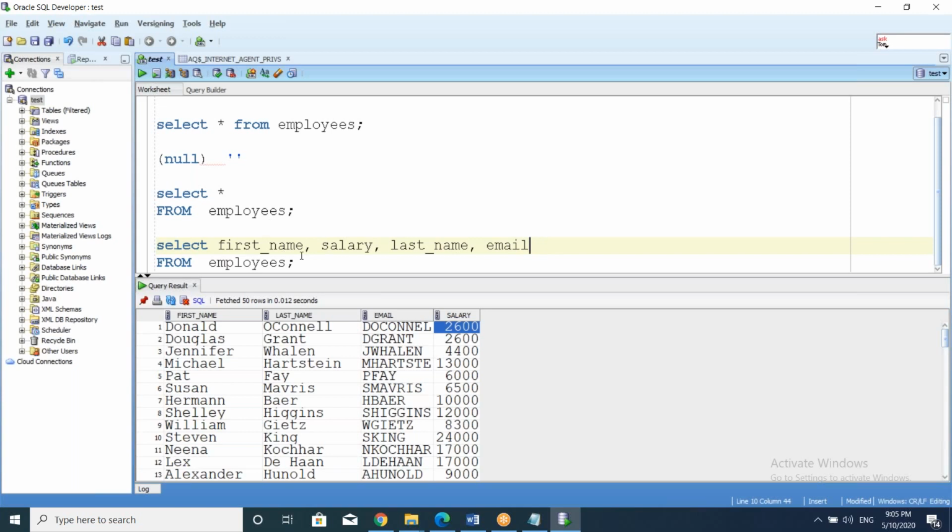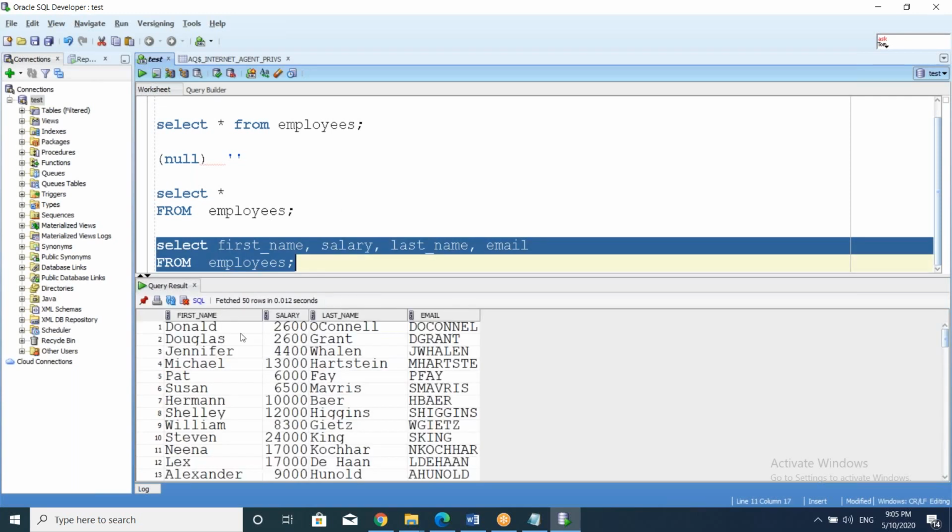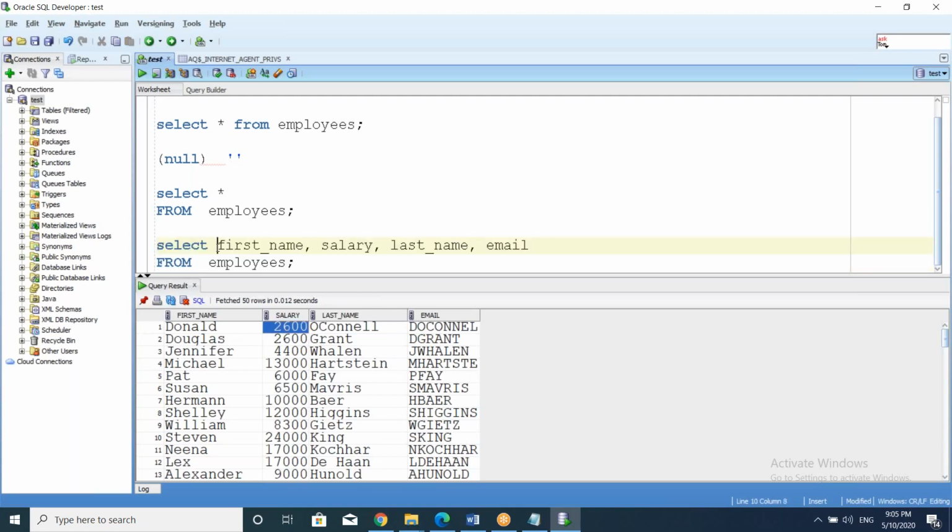Now if you execute this, salary is coming in the second column. So how you mention it in your select clause, in that sequence it will come. But if you give star, then it comes in the sequence in which it is present in your table. Now here one interview question is coming.